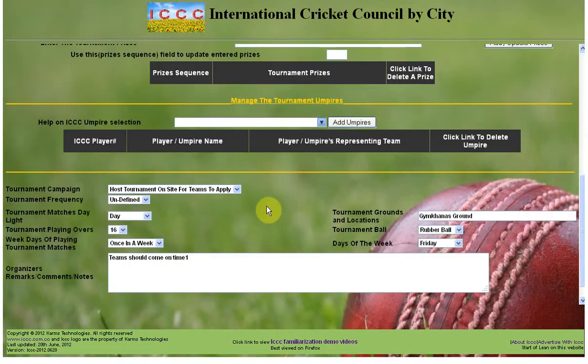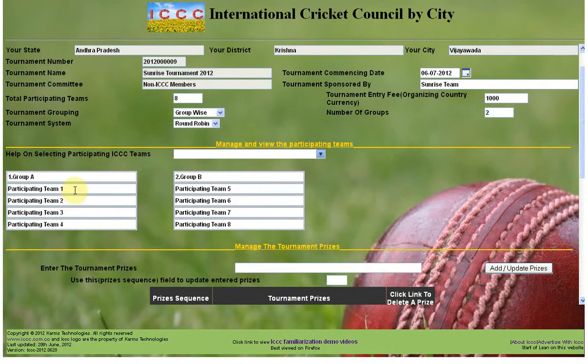In case teams are selected, it's the responsibility of the organizing committee to enter the participating teams, the selected teams or the opted teams, over here.